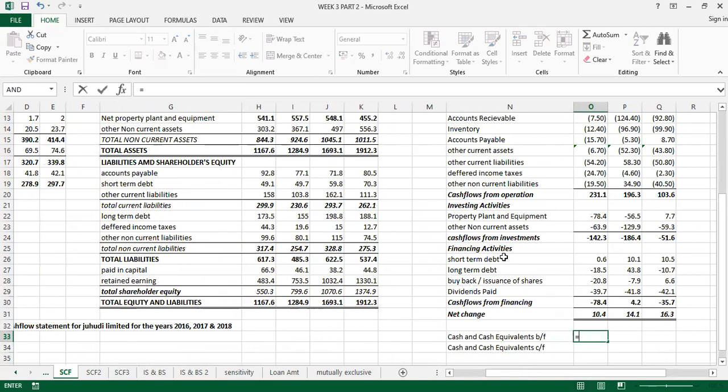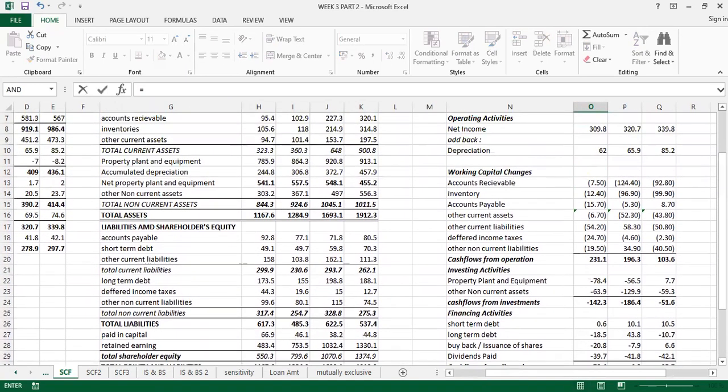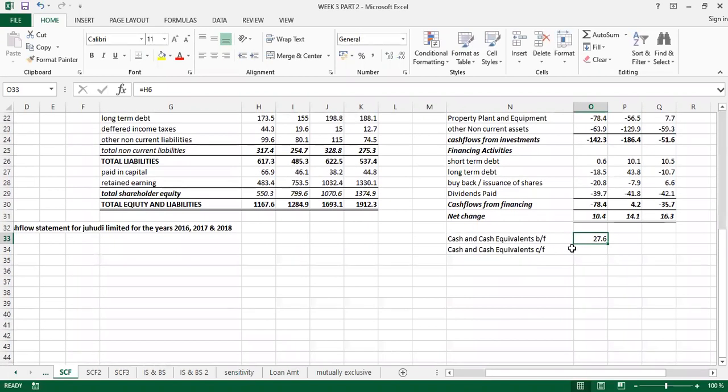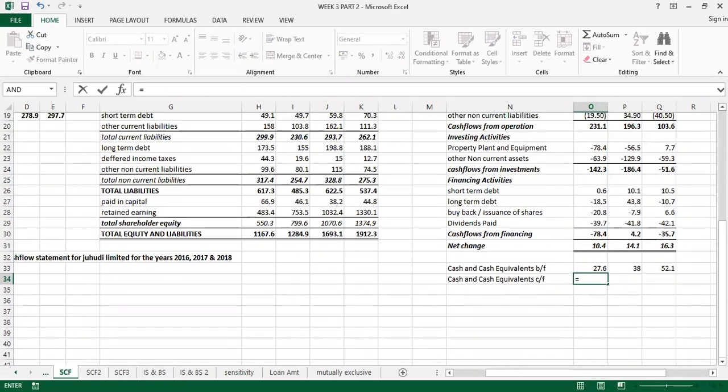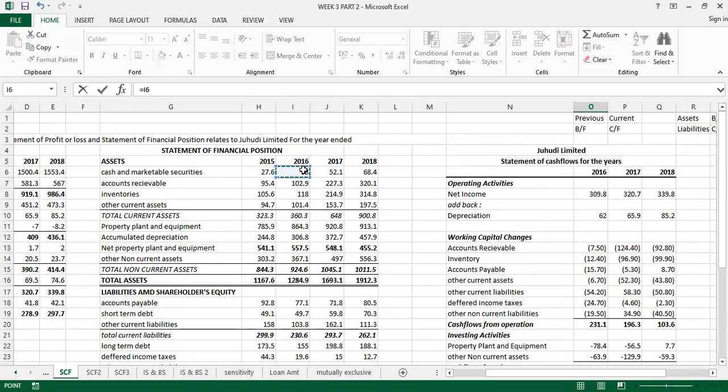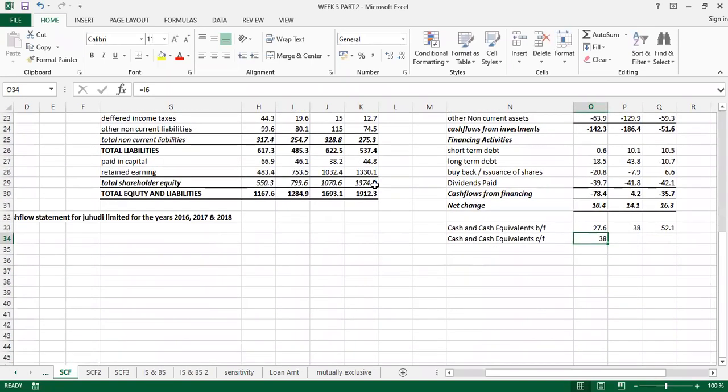I start with the equal sign, then I go back. You can see we only had marketable securities. So for brought forward, it will be actually for 2015, not 2016, isn't it? Control Enter, Control backspace to jump to the active cell, and you drag that along. And now for carried forward is the closing balance of that year, because we are starting from 2016. So we shall start from the closing balance of 2016, isn't it? Control Enter, Control backspace to jump to the active cell,